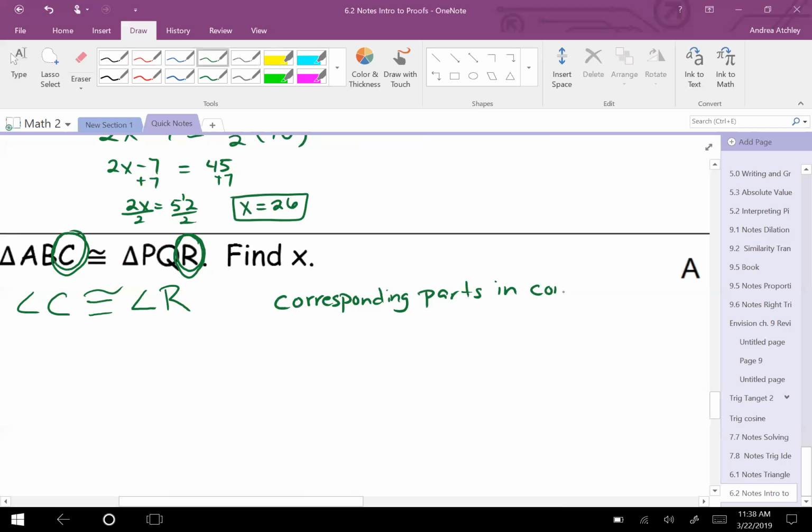Corresponding parts in congruent triangles are congruent. Once you're given the two triangles, then you can prove that all the other segments and angles are congruent using that. Okay, based on that, now you can say